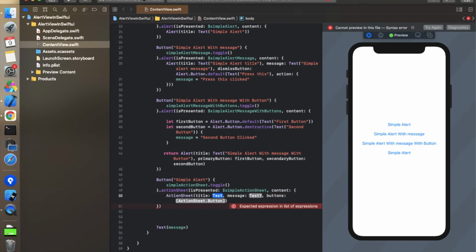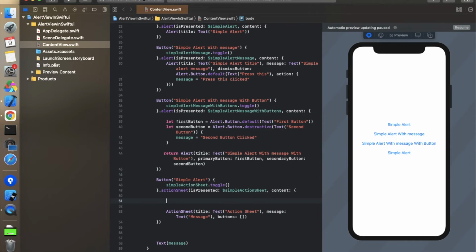So simply use title text property like action sheet, and in the message we have to again use the text property message, something like this. And in this we have to pass the array of action sheet dot button. So we can simply use properties over here.